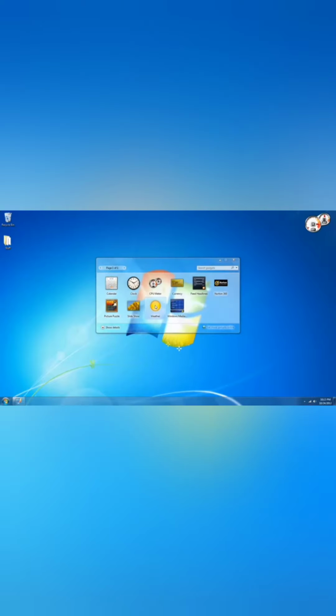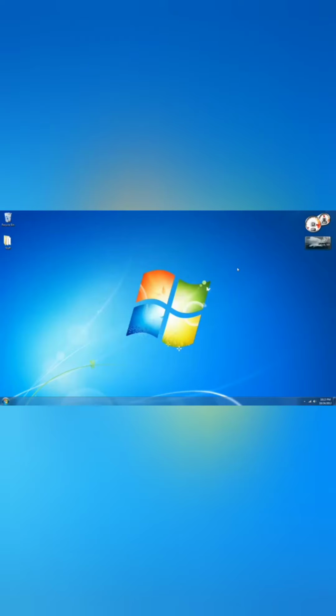See, I just add one more gadget to your desktop. Just double click on that gadget. That one is coming on the right side of the screen. See, if you move your mouse pointer on the gadget, there are 4 buttons displaying there. I just move the gadget to this side. Then I will explain those 4 buttons.